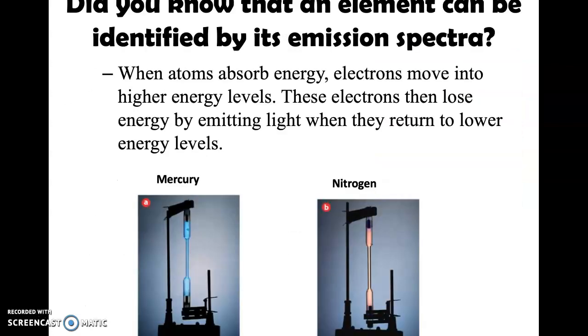So when atoms absorb energy, electrons move into higher energy levels. These electrons then lose energy by emitting light when they return to lower energy levels. So if you look at Mercury, you see a blue, which we discussed in this frequency earlier. Nitrogen, you see more of a pink, right? And so we know that as atoms absorb the energy, they're going to move into higher energy